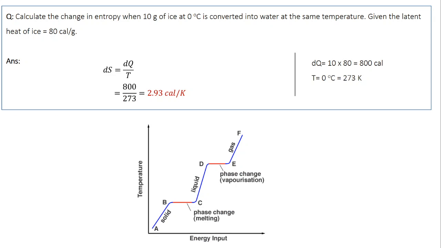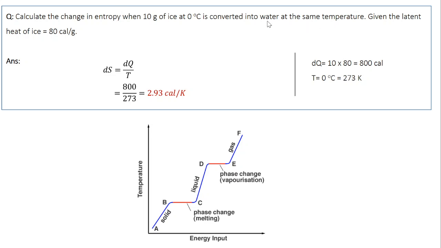Now, before winding up, let's do a quick problem. Calculate the change in entropy when 10 grams of ice at 0 degrees Celsius is converted into water at the same temperature. Given the latent heat of ice equal to 80 calories per gram. So first thing, write down all the given parameters in appropriate units. So we are given,